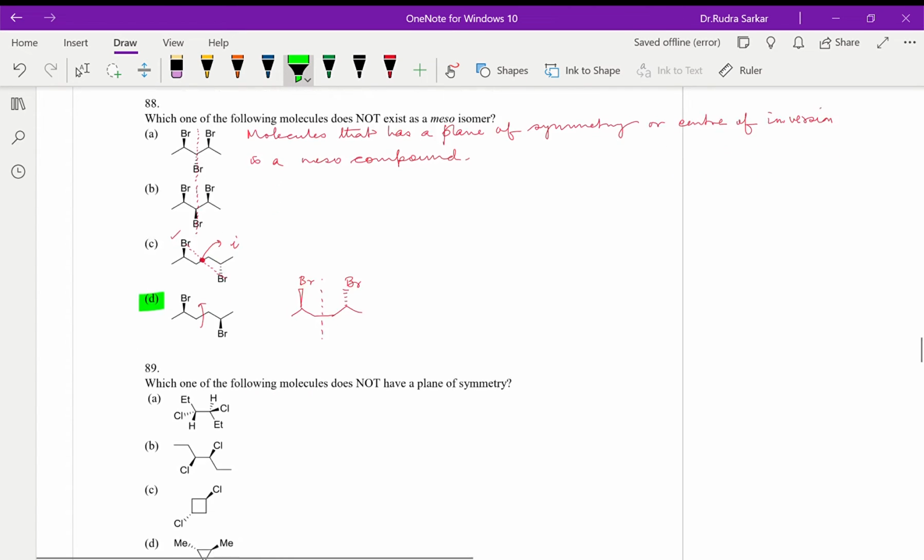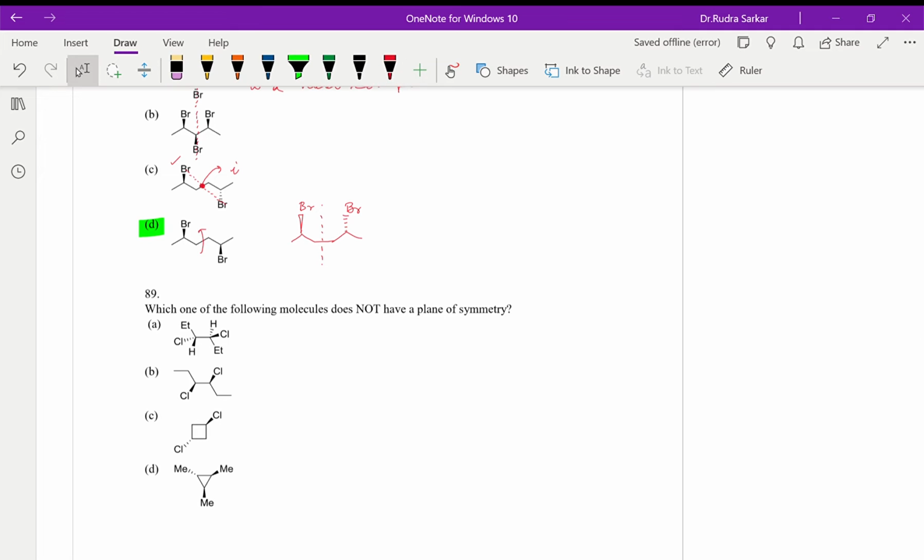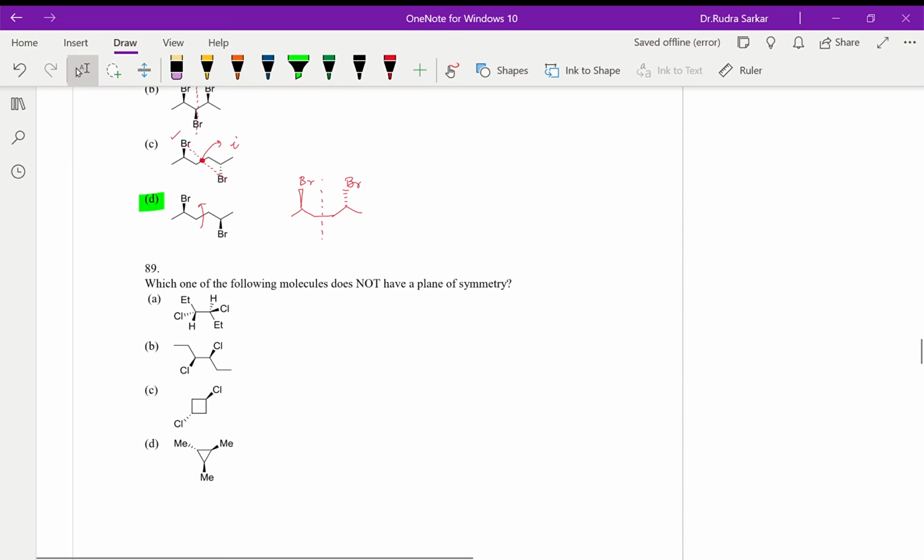Okay, next, which one of the following molecules does not have a plane of symmetry? So just as I have discussed in the previous sum, molecules that have a center or plane of symmetry are optically inactive. So we have to look for the center of symmetry or the plane of symmetry in the molecule. So how to do that? Let's find out. Now